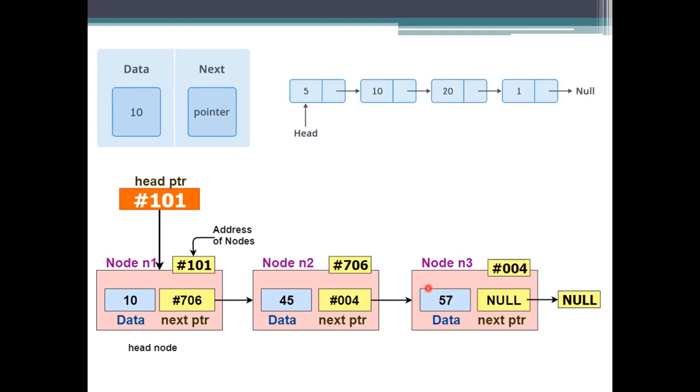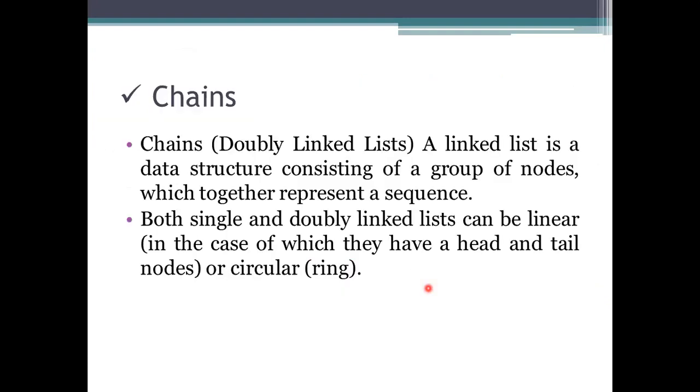To overcome this, we use another representation, the chain, which is the doubly linked list. This chain is also a linked list representation, a sequence of nodes, and it takes both sides into account. To traverse and get the elements, we use a circular-like representation, traversed from head to tail and also from tail back to the head.